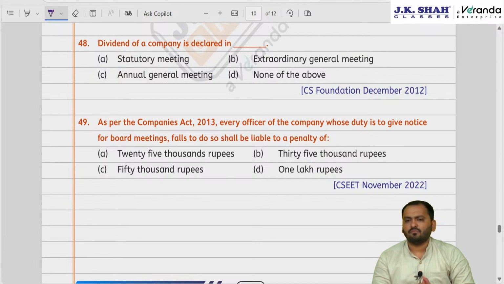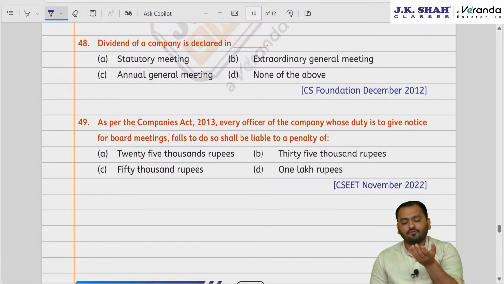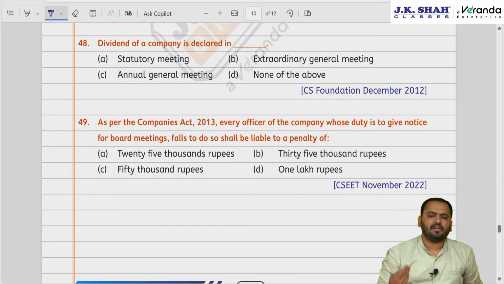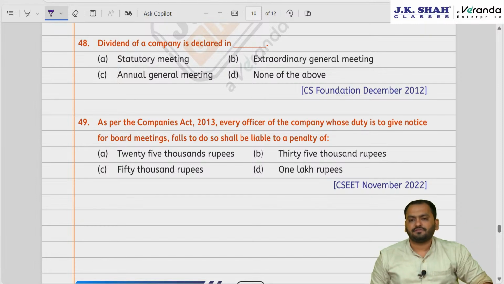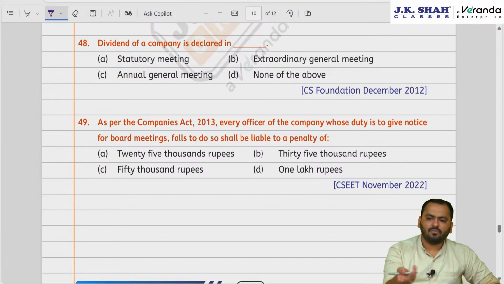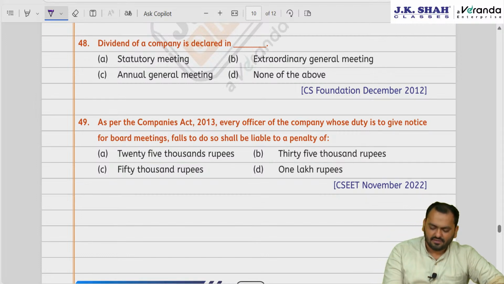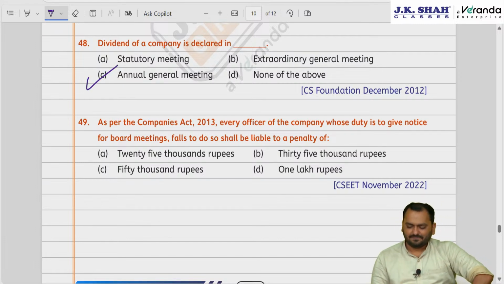See, because the board of directors are running the business of the company. So dividend is nothing but a part of profits. So who will know what the financial status of the company is, like out of this profit, how much amount we will need in future? The answer is the board of directors. Therefore, out of the profit, a certain amount the board recommends in the meeting that this much amount is good for the company if we can declare in the form of dividend. The remaining amount we need to keep in reserve. So it is recommended by the board, but it is declared by the shareholders in AGM. So you know the answer now. It is declared in what? Annual general meeting. Yes.